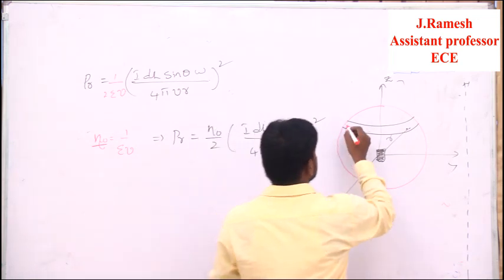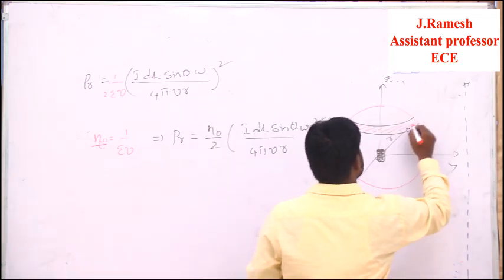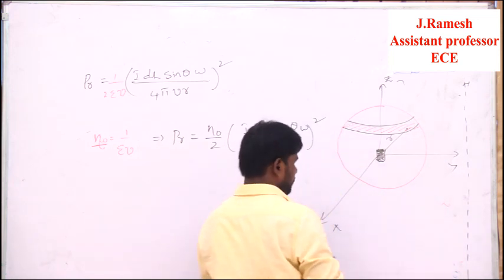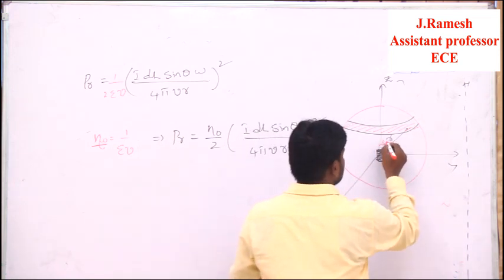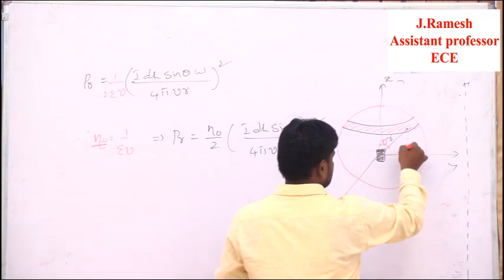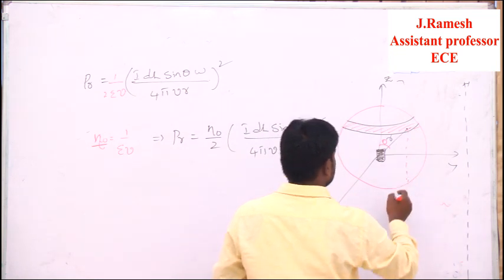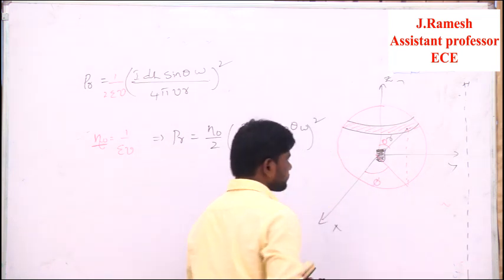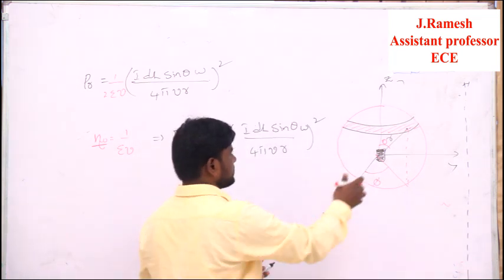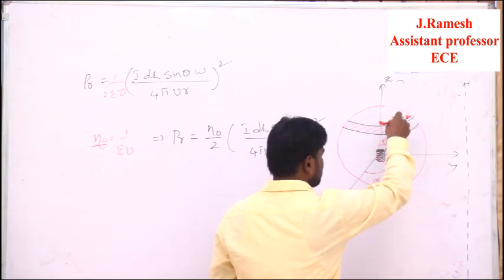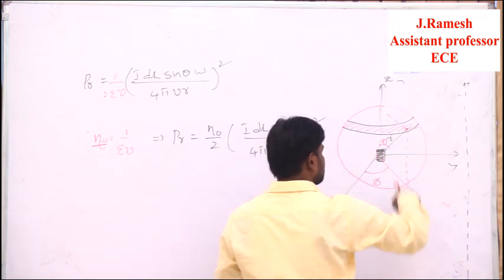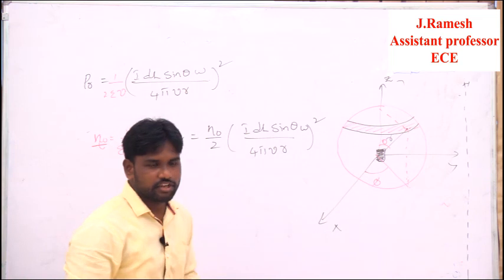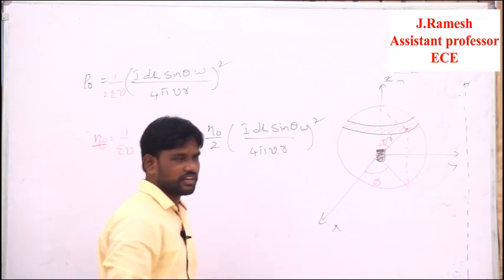So simply this is a spherical coordinate system. By using the spherical coordinate system, this is theta. If you take the projection on this, you get our phi. Now this is the r distance, this is the theta. If you take the projection of this one like this, then definitely we get the phi values. That is the spherical coordinate system.